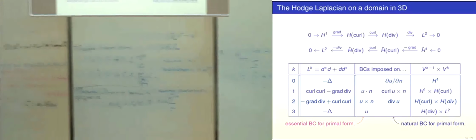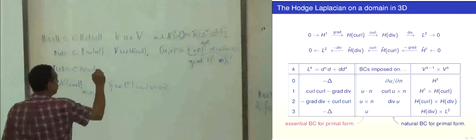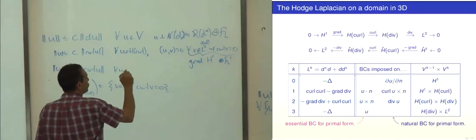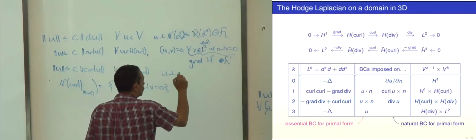So the usual way to interpret this one would be: the norm of u is less than C times the norm of curl u for all u in H curl, u orthogonal to gradients,